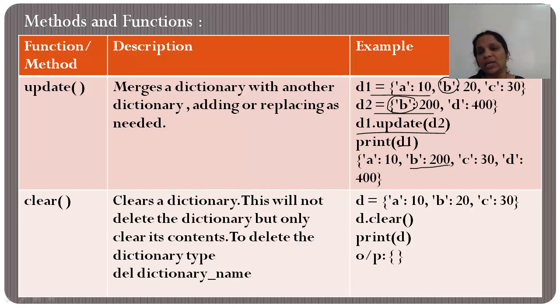So if you look at the example there, you had a dictionary with some certain values. When you say d dot clear and then say print D, it just displays an empty dictionary. Now remember, it's not deleting the dictionary, it's just making it empty. If you need to delete the dictionary, then you could make use of the keyword called del, as you see on screen here in the explanation, and you write the name of the dictionary. So you write del and then you write D, it would delete the entire dictionary. Then the dictionary doesn't exist. With clear, the dictionary exists, but the contents are cleared.